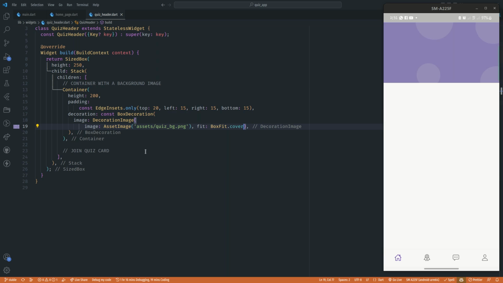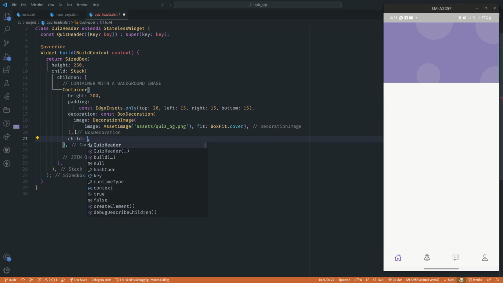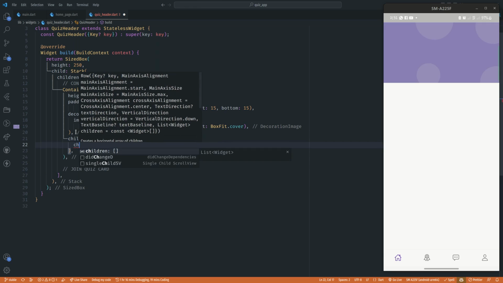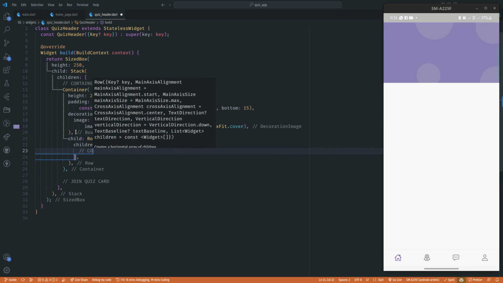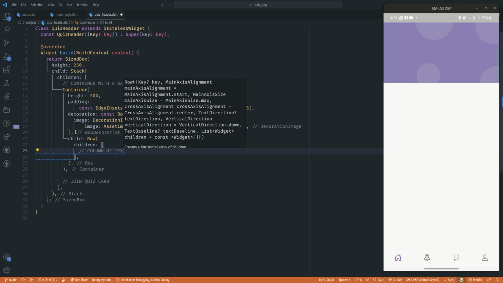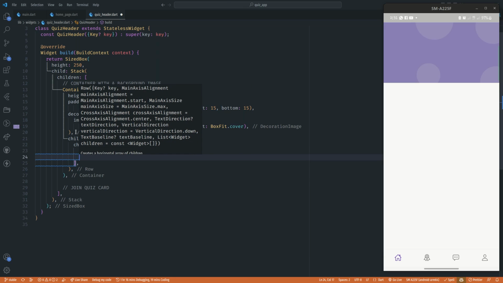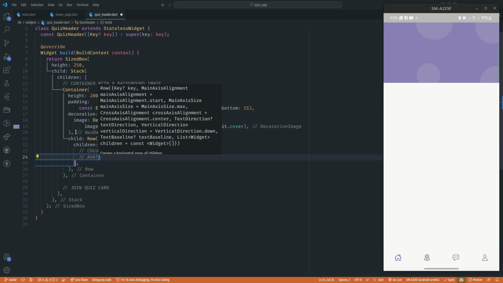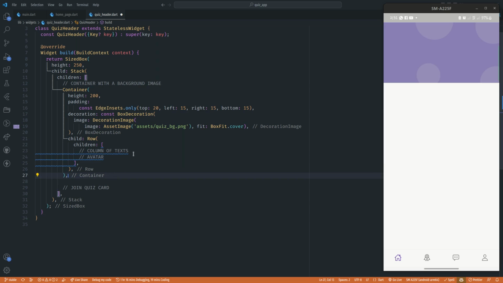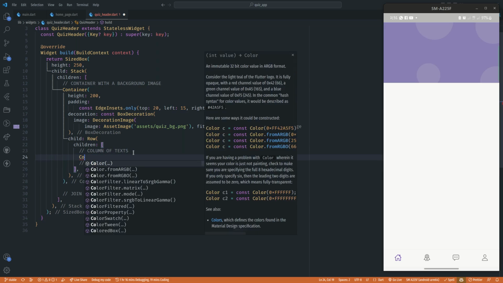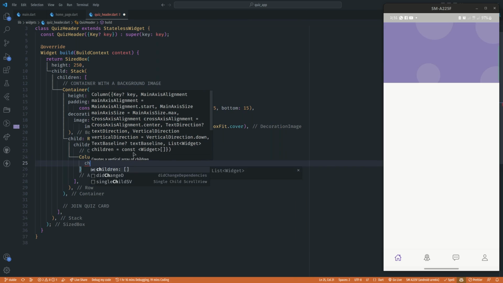Now within this container, we are going to have a row, right? And the row will contain some text and then the user's avatar. So inside the container, the child is going to be a row widget with some children, and the first child is going to be a column of text, and then the last child will be an avatar, right? So that's going to be the profile image. Now the first child is going to be a column with some children,